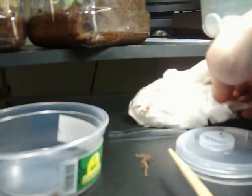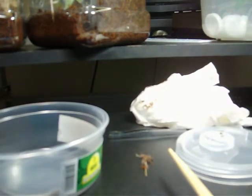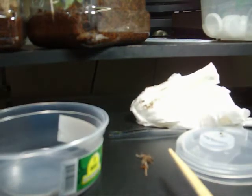So, enclosure's all cleaned out. Find some new substrate. And this is just Eco-Earth. The brick form. It's basically just cocoa fibers ground up. I find that they don't mold up as much. You don't get as many mites, things like that. It retains moisture pretty well,